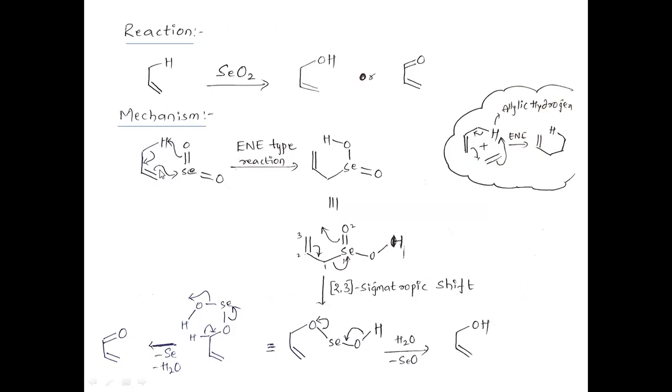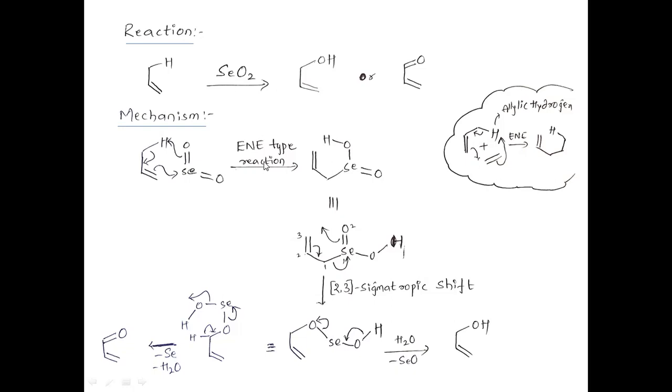So here, this is an ene type of reaction. You can see this is selenium dioxide, selenium double bond O, and this is an alkene. Why is this called an ene type reaction? Because this is an alkene, and this is also an alkene type actually, selenium double bond O. Here you can see the transfer of allyl hydrogen to unsaturation. This is the unsaturation, this one hydrogen is transferred, and this is the new sigma bond formed. So new sigma bond will be formed between these two. Transfer of allylic hydrogen to unsaturation followed by CC sigma bond formation is what we call an ene reaction.